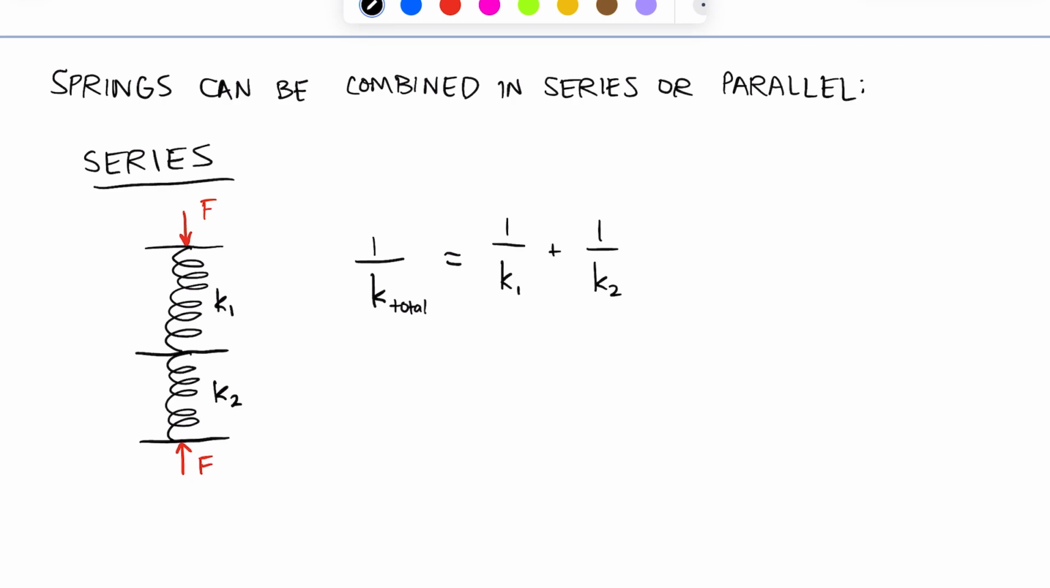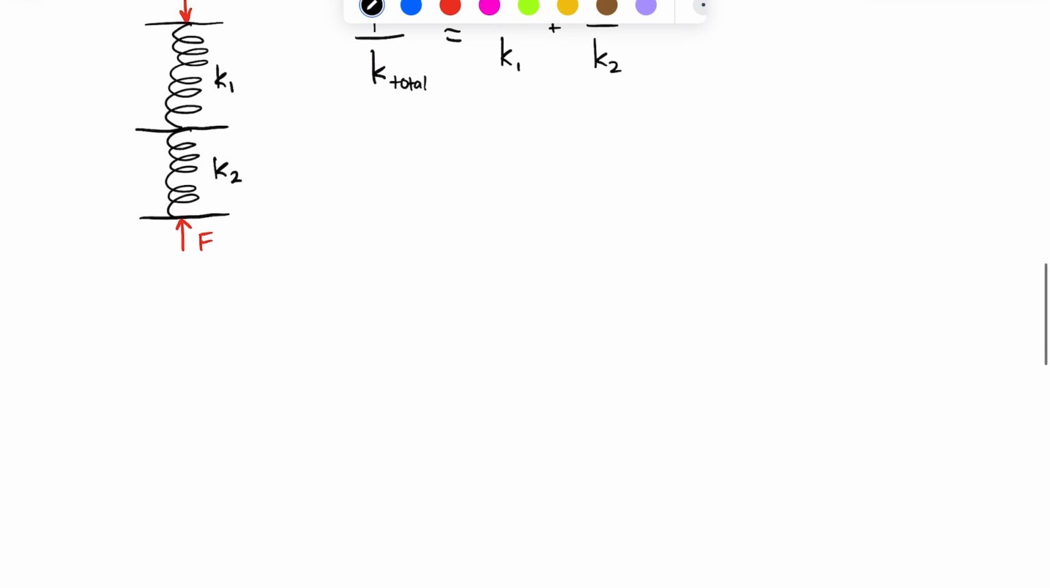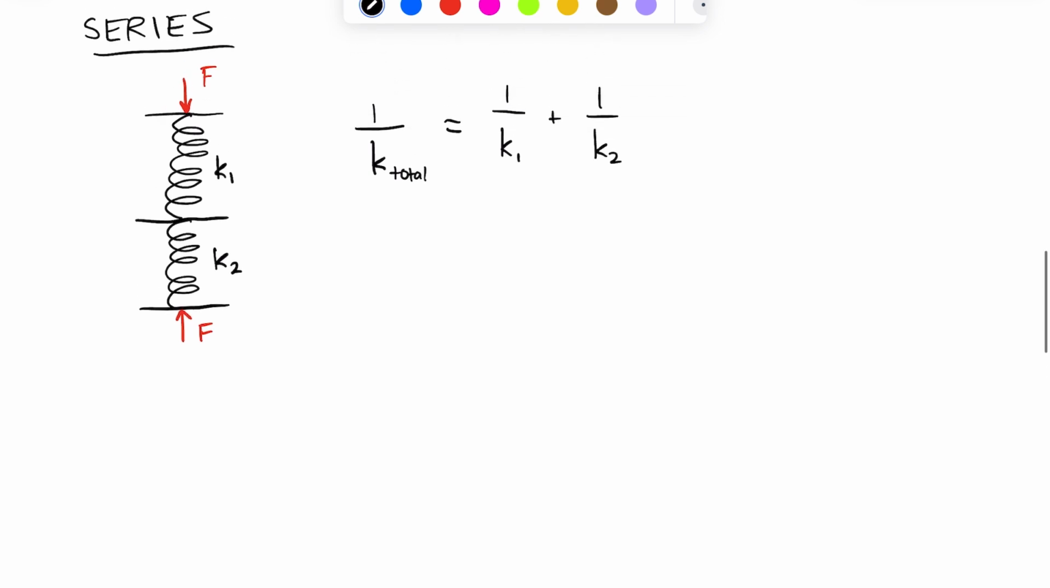Another way to think about this is that we have two springs in series, and so we can't have a combined spring stiffness that is greater than either individual component. The weaker spring will deflect. Okay, and then in parallel,